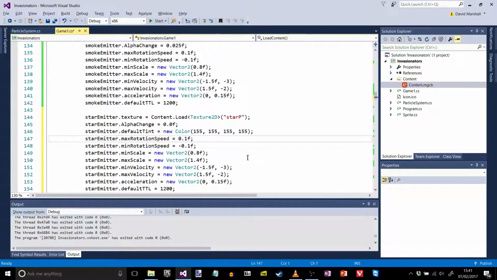The rotation speed, that seems fair, yep. As for the scale, should be a bit smaller, we don't want to distract from the player's attention. Even that might be a bit too big, but we'll see. The velocity, I'm going to have them go to the left, I think. Definitely down the screen though, so not a negative number, must be a positive number. Let's go with 4. And the maximum